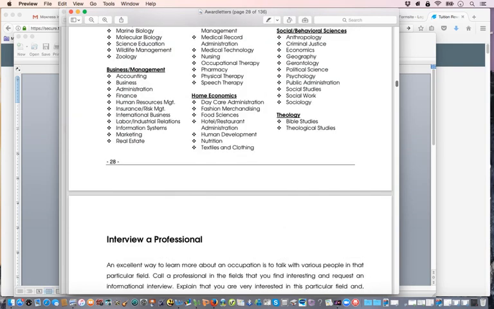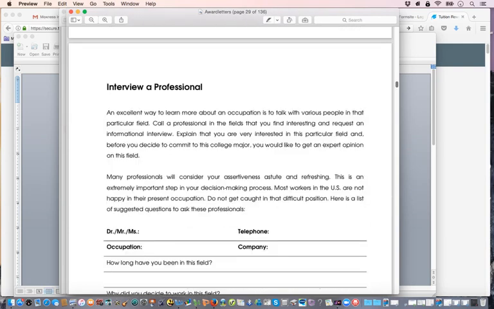And so what we also do is have them build their network. So we actually know that there's people that are connected to us that have their children starting to build their network at a young age. And so what we want them to do is to learn how to build their network, and interviewing a professional is a great way to start that. And so what this means is they're going to go through a process where they'll actually cold call a professional that's in whatever industry they want to be in, and just introduce themselves and let them know that they're a student looking to go to college, and they want to see if they can conduct an interview with them to find out what they do and if they like their job, right?